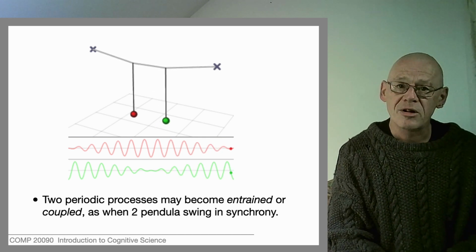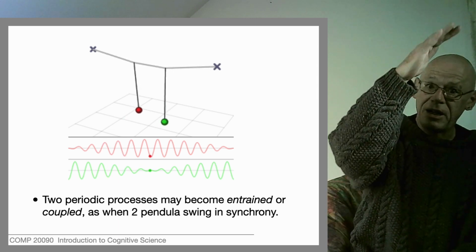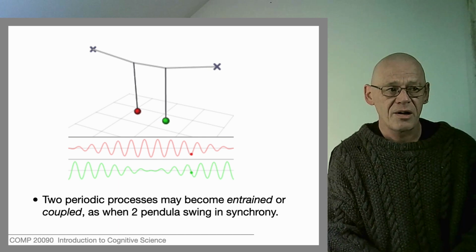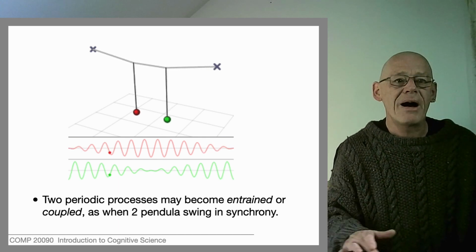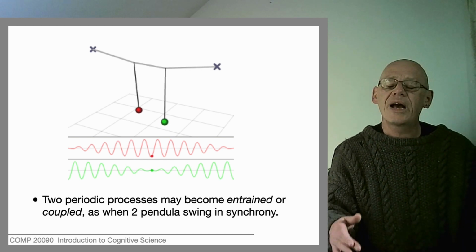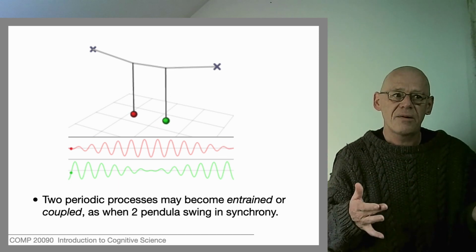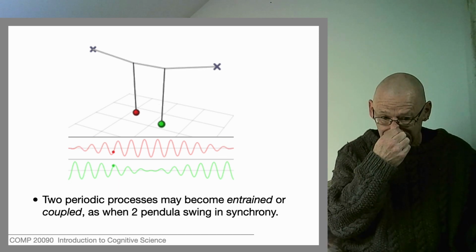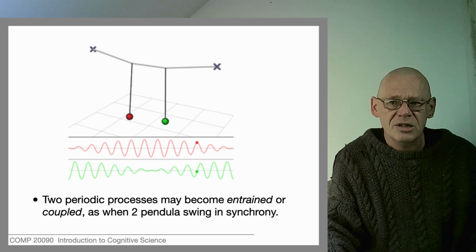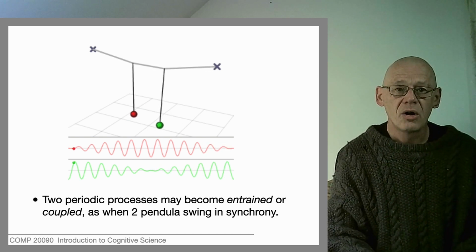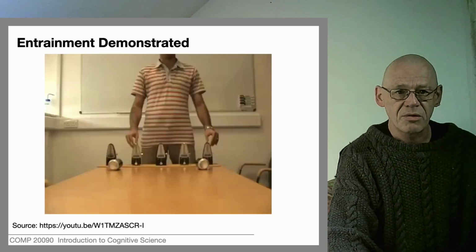Here you see two pendulums hanging off a string, so that the motion of one is transmitted gently through the string to the other, and you can see them moving and passing that energy of oscillation backwards and forwards. So we get sometimes very interesting patterns when groups of things which can oscillate move together. This notion of entrainment turns out to be central in understanding how the different parts of the body work together. Here's a nice demonstration of entrainment from Loughborough University.